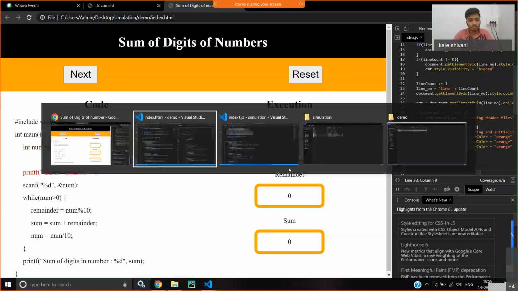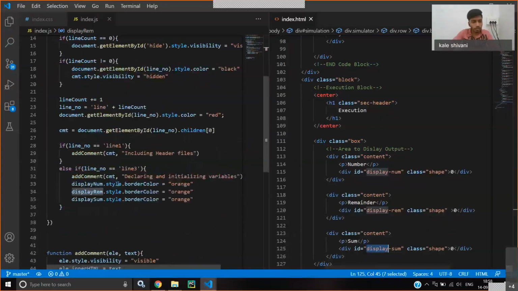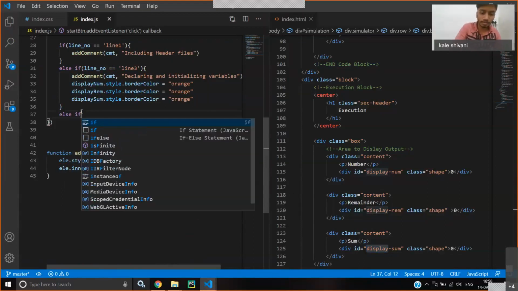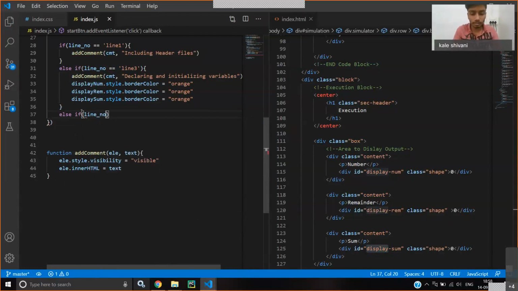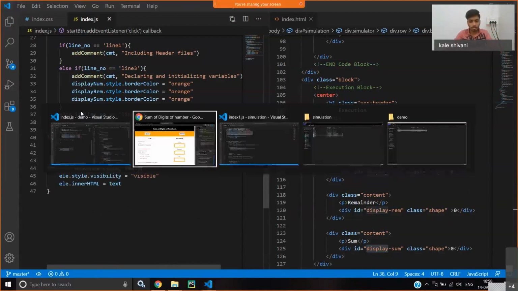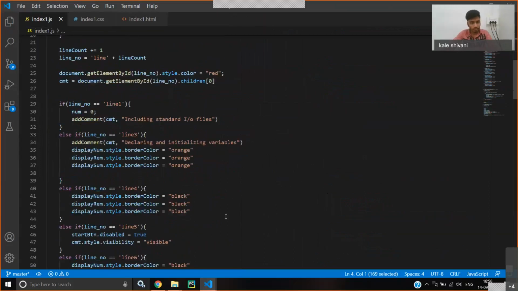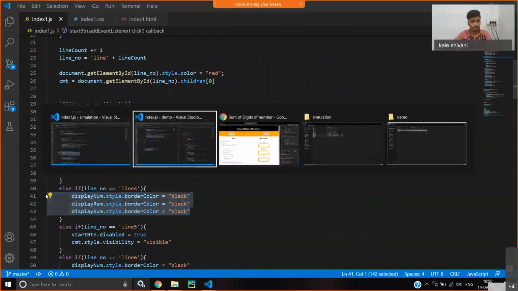Okay, so for that the same thing is there, else if line number is equal to line 4. Okay, so what we will do, let me just copy the code. For line 4, we are just changing the border color of each line to black.